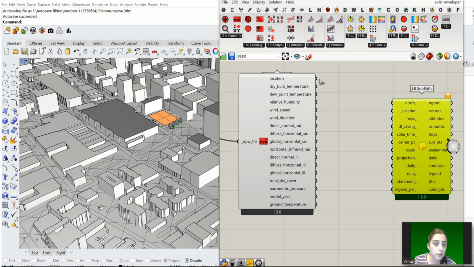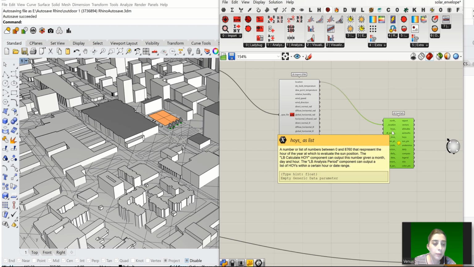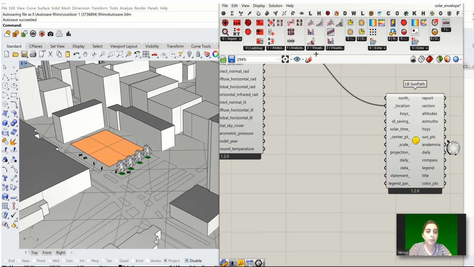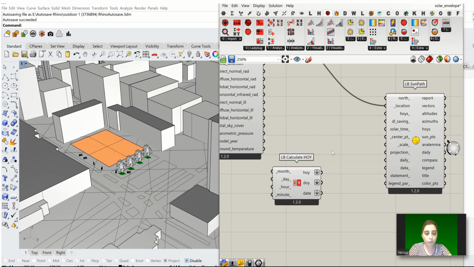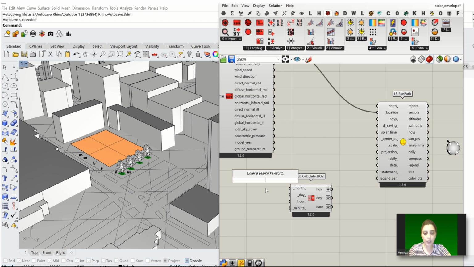Just drag location to location, and for the time period, let's go to tab number 1, pick up this component, put it on the canvas, and for months we can